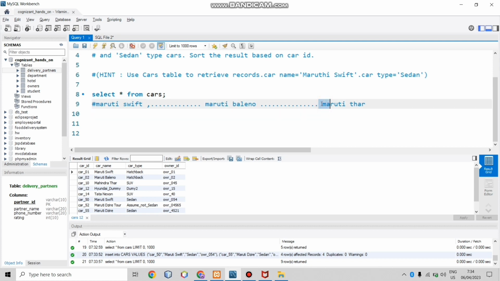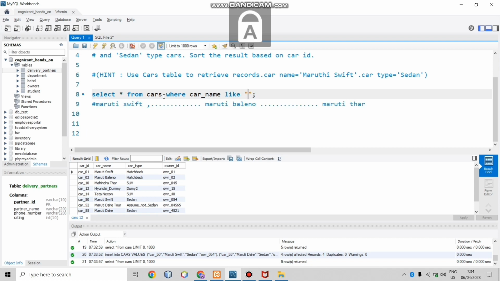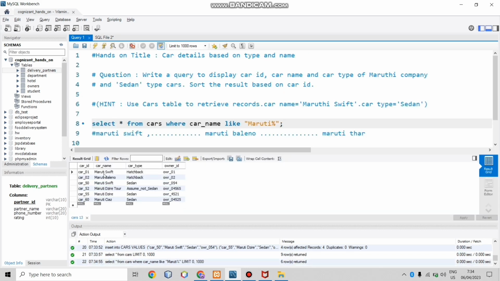I hope why we are using the like keyword is very clear to you now. Because we need one common pattern, that is Maruti, in all the records. So we have Maruti Swift, Maruti Baleno and Maruti Thar. So I will use the keyword where car name like, and the pattern, that is Maruti, and I have to close it with a percentage.